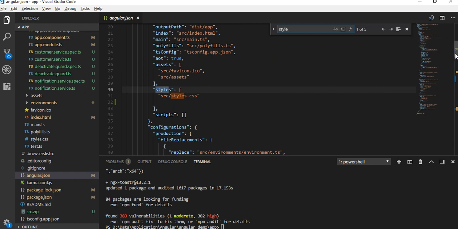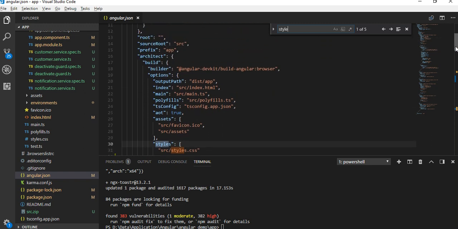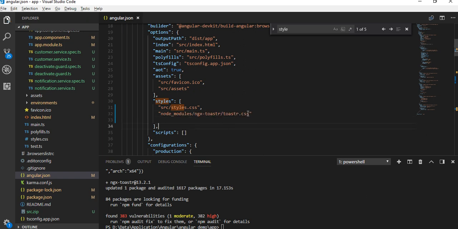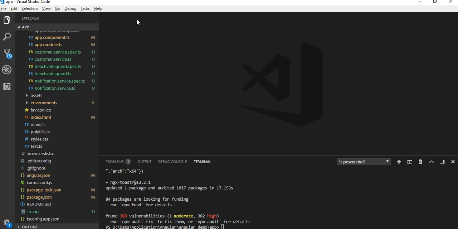This one is for the architect. So inside this architect we need to define the path. Put a comma, press enter, and inside this mention node_modules/ngx-toaster and the whole path. Now this is the path of my toaster.css. Here I have defined it, and save it and close the file.